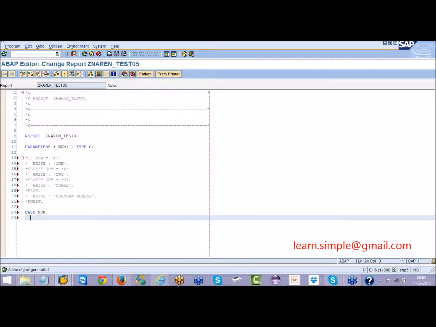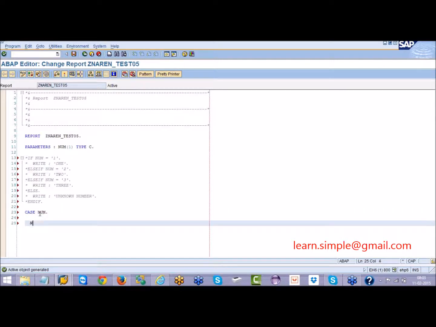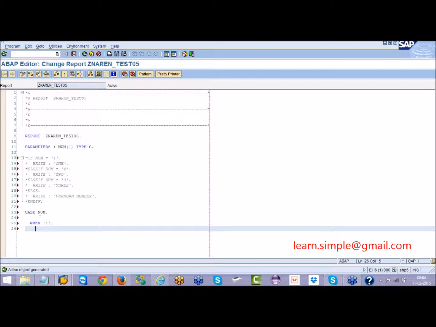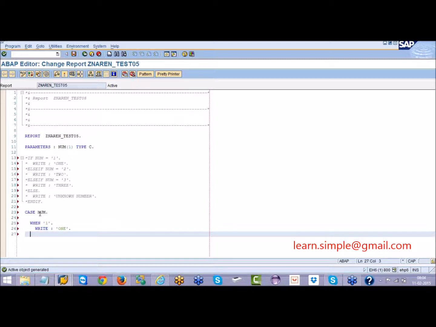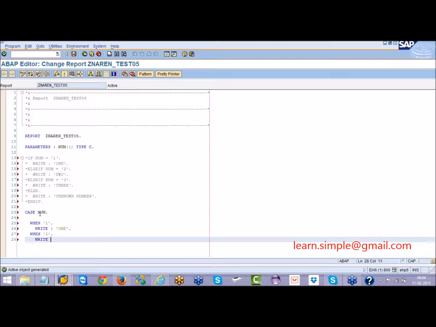num, you have to write something like this: when 1, write ONE. When 2, write TWO.